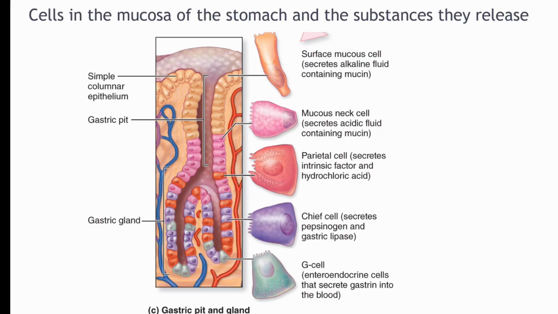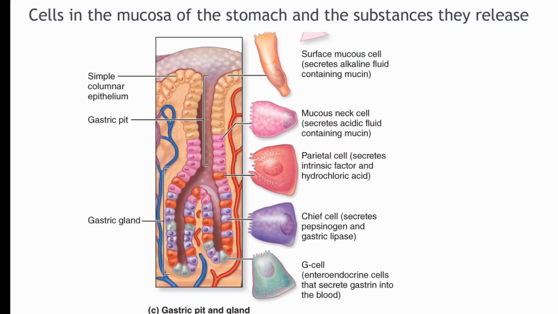There are several types of cells. Starting from the top to the bottom, you have, again, epithelial cells, columnar epithelial cells that line the gastric pit. And then as you go further down, you begin to have your mucous neck cells. As their name sounds, they secrete mucus. You also have the surface mucus cells that secrete mucus. And this mucus is alkaline or basic and helps to neutralize some of the acid that is also released from